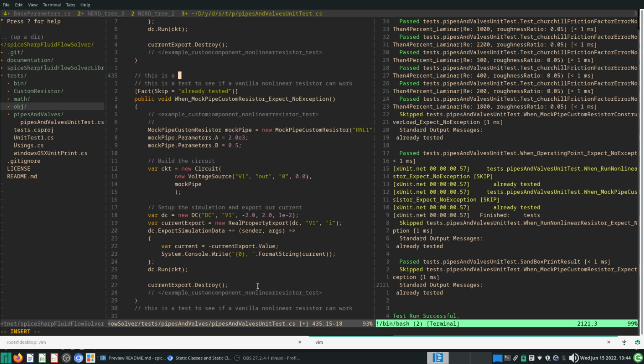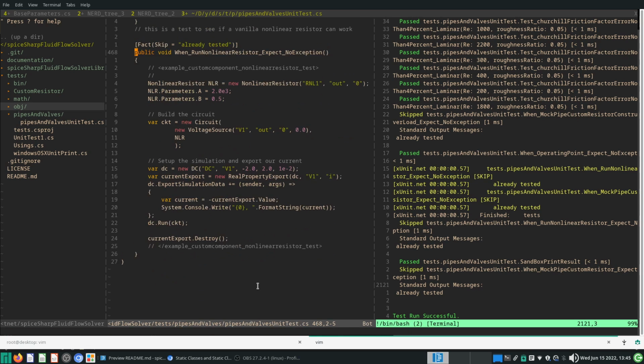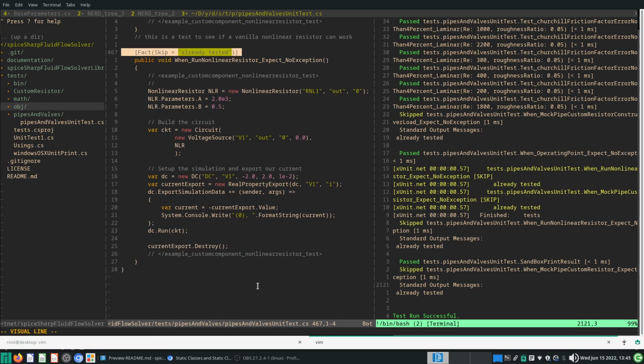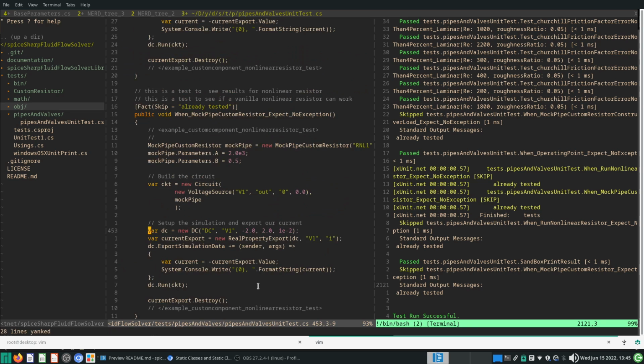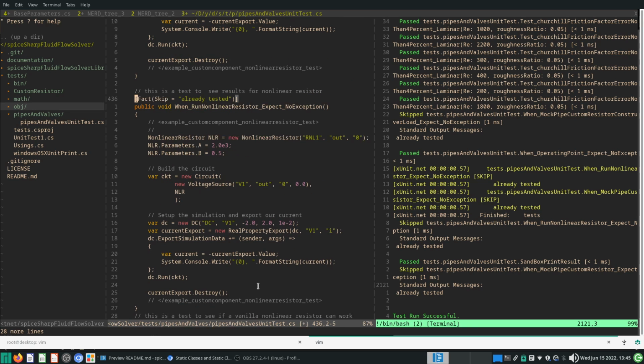This is a test to see results for the vanilla non-linear resistor. So I'm going to copy and paste all of this. This is the reference, right? Yank it up and paste it here, CIW. When nonlinear resistor is run,